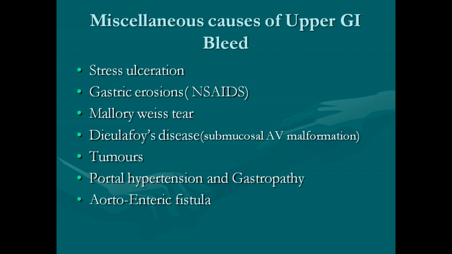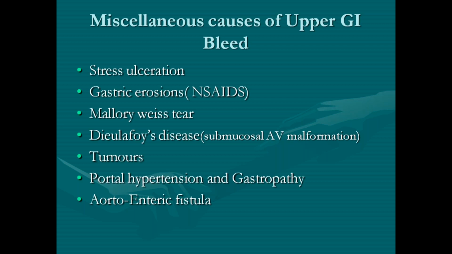Then coming to portal hypertension and gastropathy. Portal hypertension bleeds, the variceal bleeds, that is either gastric varices or esophageal varices, the treatment is very challenging. Most of the time the bleed is from the esophageal varices in case of portal hypertension. So you can do a sclerotherapy, you can inject the sclerosant, and you can plan for banding. You will pass a rubber band like thing and catch hold of the bleeding, that is banding, or you can do a balloon tamponade.